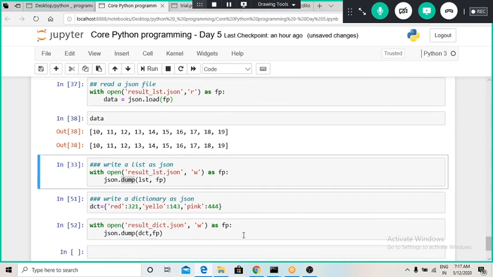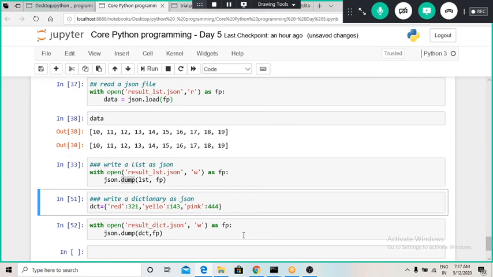Okay, so now we will check how to write a dictionary. For that we have to define one dictionary. Here we will define a dictionary named dict. It will have three keys called red, yellow and pink, and the values stored for those keys will be 321 for red, for the yellow key the value is 143, and for the pink key the value is 444.